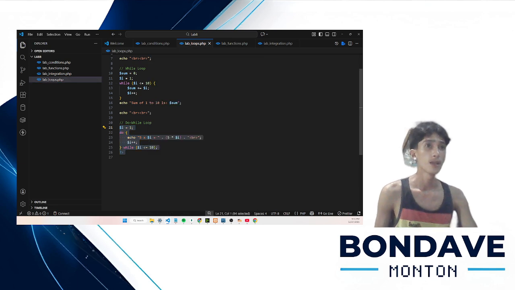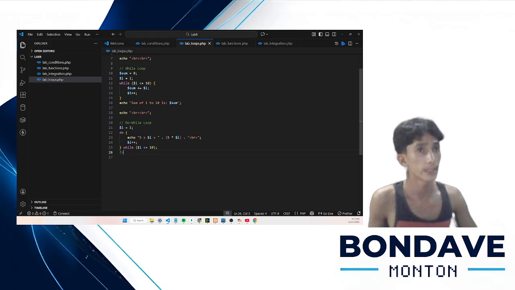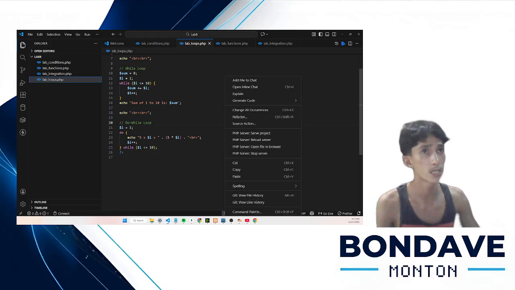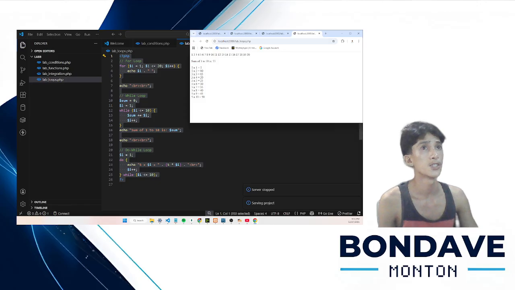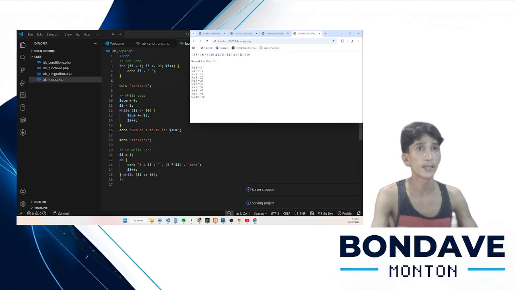So let's see the result output of all these loops. Reload server. So yes, as you can see here, the for loop goes from 1, 2, 3 all the way to 10.